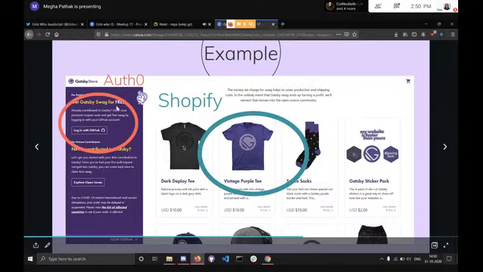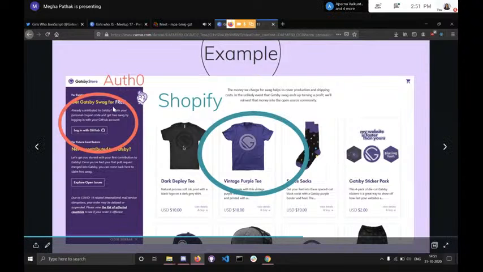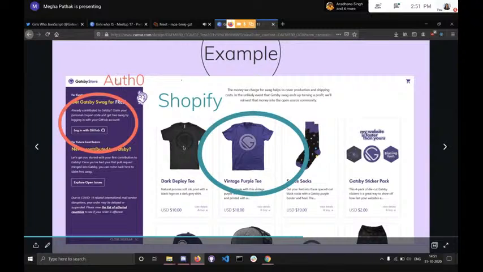You can see on the left hand side there is the login option. It is coming from auth, and in between there are the store elements, which are coming from a Shopify store. So this is a breakdown shared by Gatsby itself, of how the main store of Gatsby is built with Gatsby, and it is an integration of really different things.